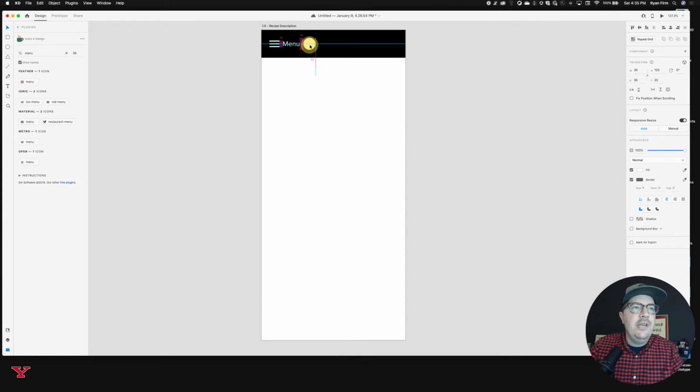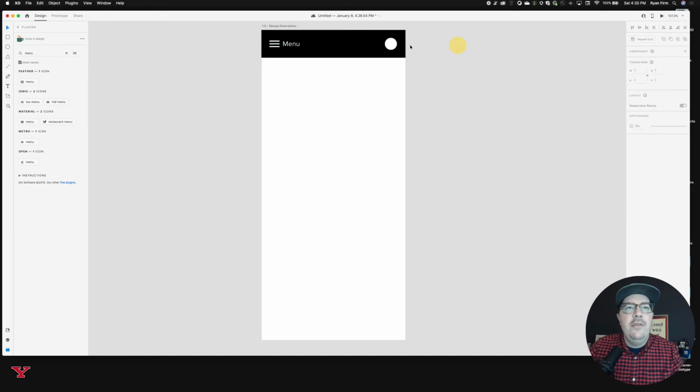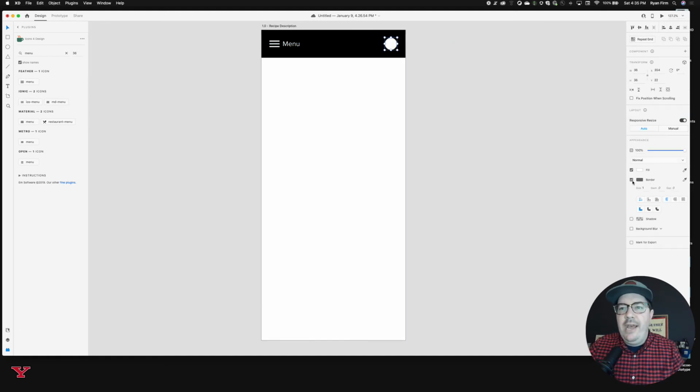I'm going to make sure it's centered, and it's so nice to have these snap options here as well. I know my menu is 24 pixels to the left, so I'm going to bring this over and make sure that I'm about 24 pixels here. Now this is where it's really nice to have the UI Faces plugin within Adobe XD,